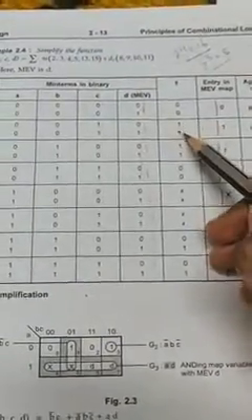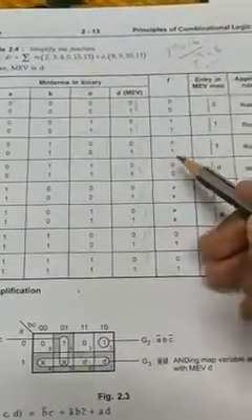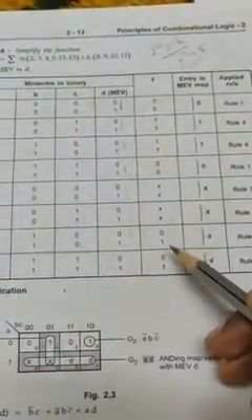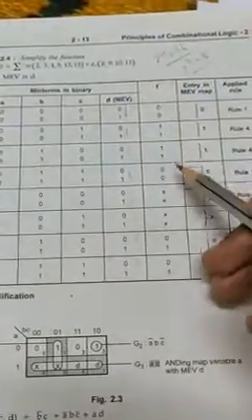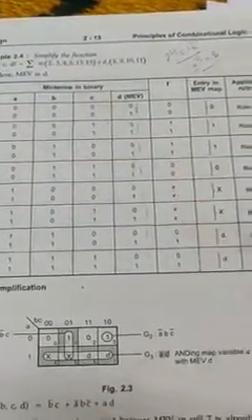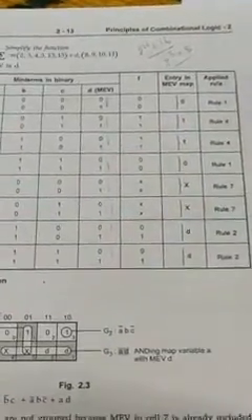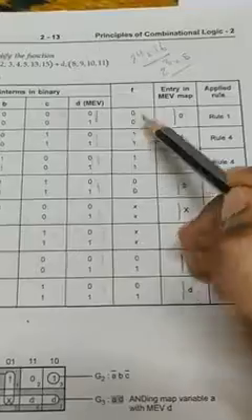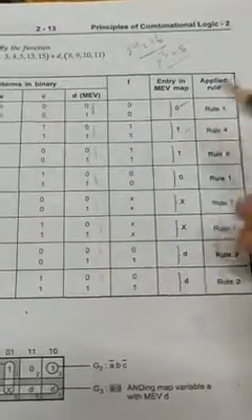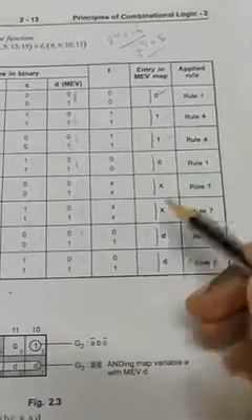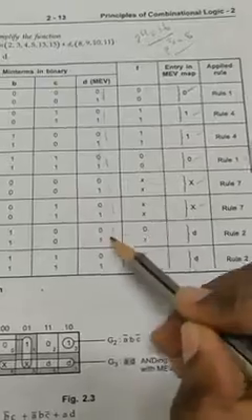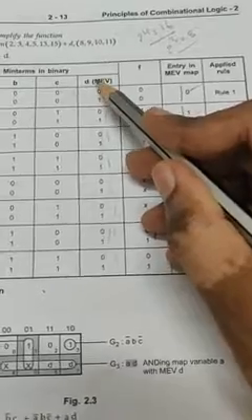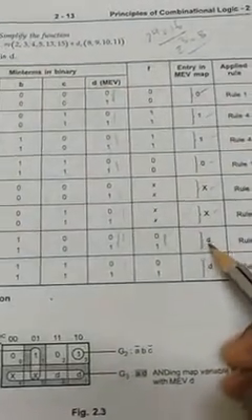The given minterms are 1, 3, 1, 4, 5, 13, 15. 13 and 15 are 1 and 1. Don't cares are 8, 9, 10, 11. Now you are supposed to apply the rules. When both are 0 and 0, just write 0. When both are 1 and 1, just write 1. Don't care and don't care, write don't care. For 0 and 1, look at this, these and these are both the same. So this column is D. We have made this column the map entered variable, so you are supposed to write it as D.